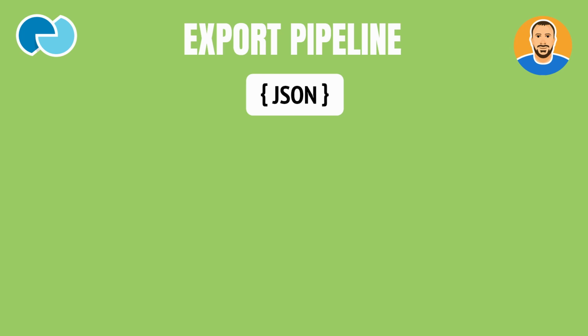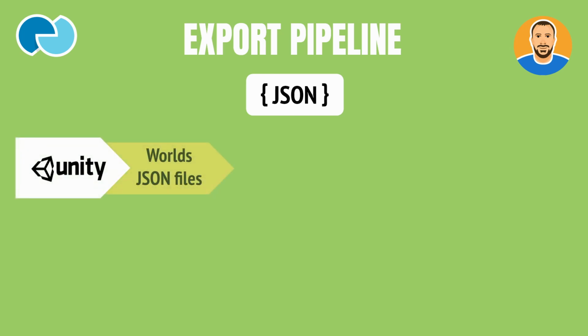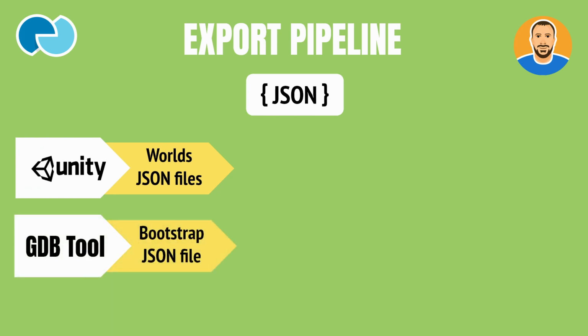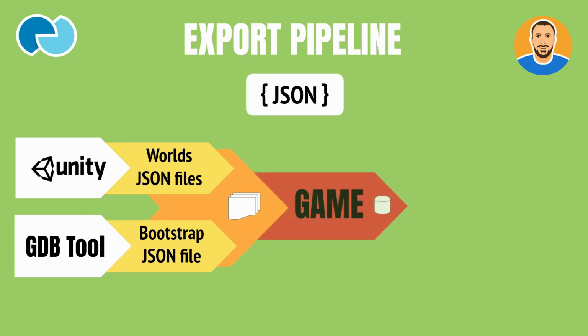In my pipeline, I first have the worlds exported to JSON files from Unity with the custom plugin I made. Then the common data are exported with the GDB tool to a JSON file which I call the bootstrap file. In the next stage of the pipeline, I run my game on desktop in a special export execution mode. In this mode, the game will look for the worlds and the bootstrap JSON files and package the files to